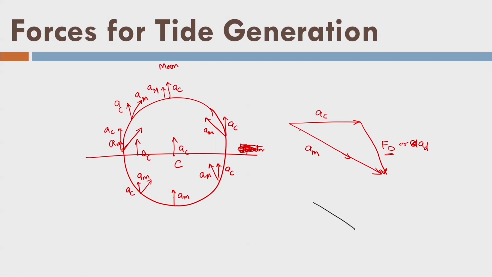If I resolve this force FD, which is working in this direction, into the horizontal and vertical component. So vertical component will be like this, which is perpendicular to the surface of Earth, and one force will be like this, which is tangential to the surface of the Earth at this point. This is FH. So the importance of this FH and FV is very critical if I want to understand the tides. First of all, we should understand that at this point this is gravity direction and force is working like this. What about this force? And this force FH is called traction force, or tractive force.